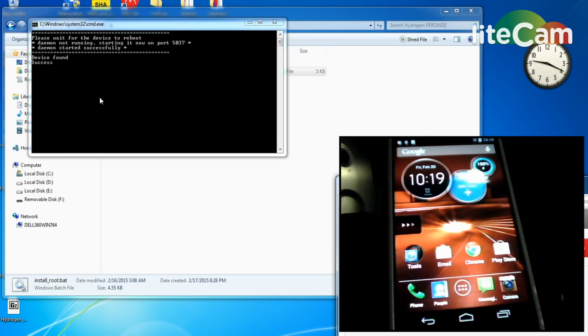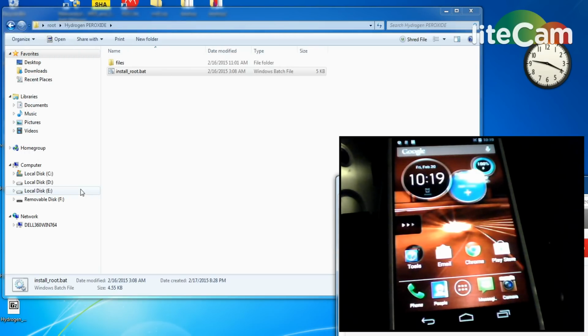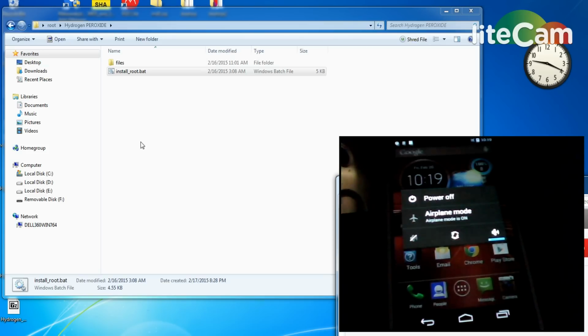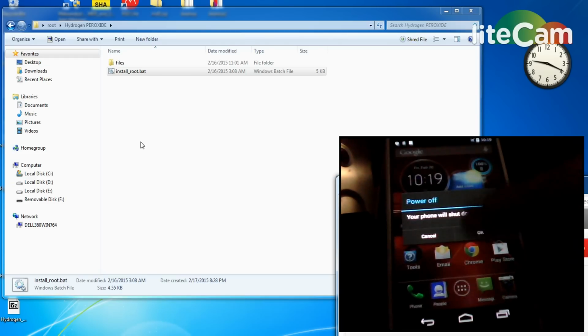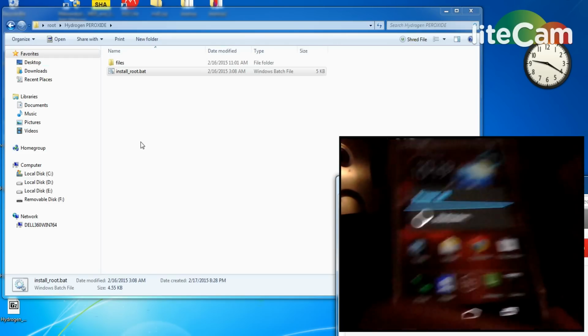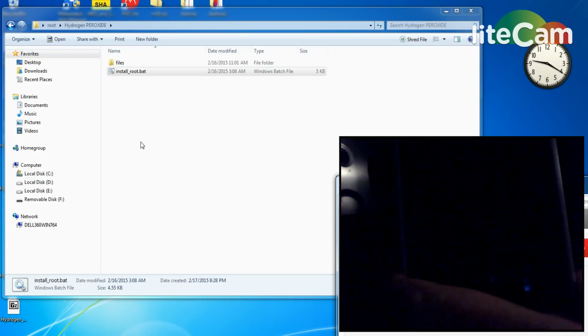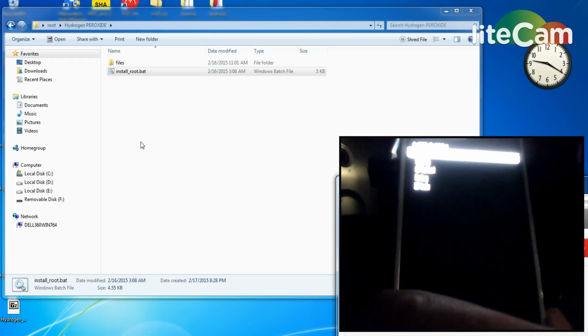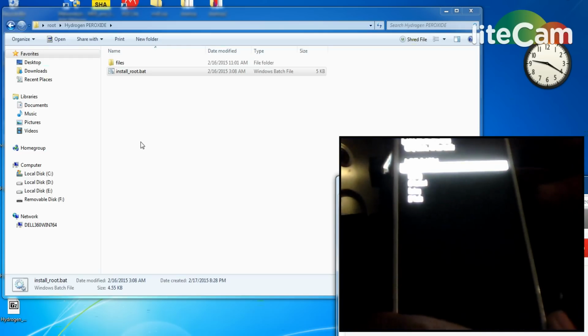Okay, that should be all we need to do. And the booting process should be complete. One thing you could do is power down the phone and make sure that recovery is working. If it's connected to the PC, you can just press both volume buttons and it should boot to the boot mode selection menu, and then you just hit